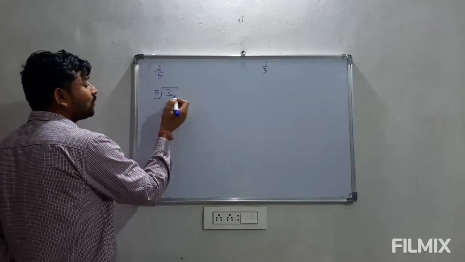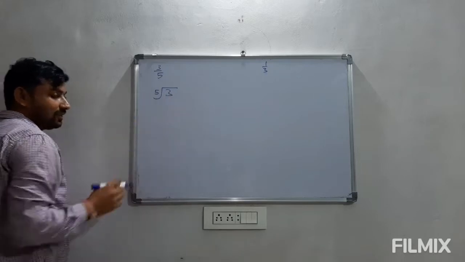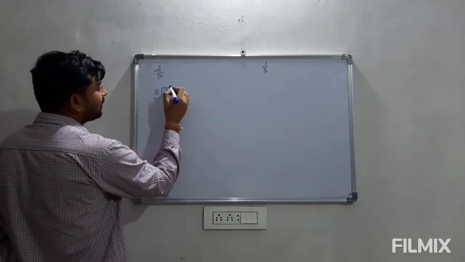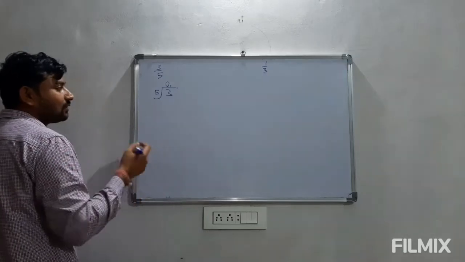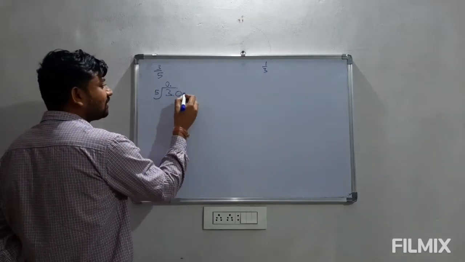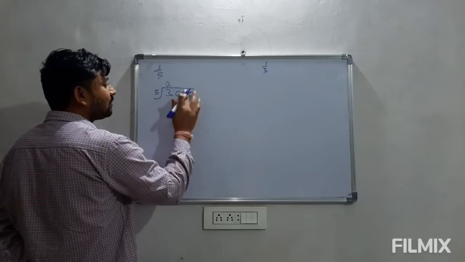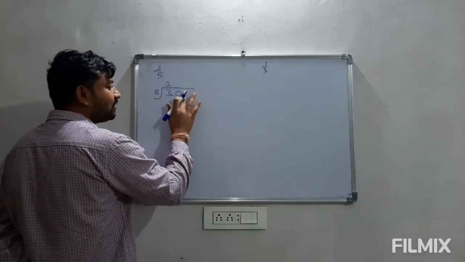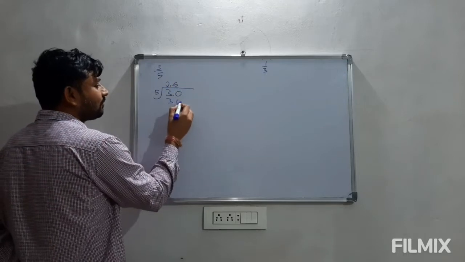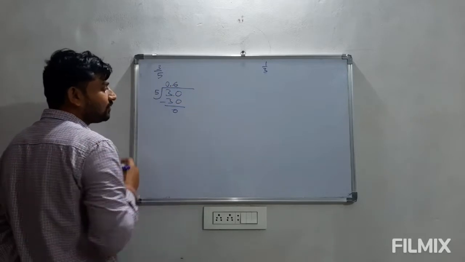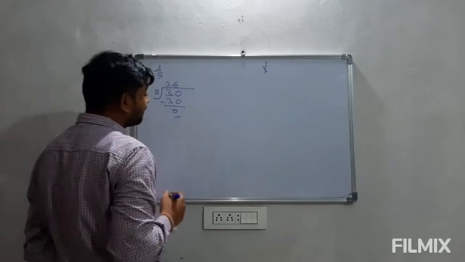If you want to divide it, 3 is less than 5, so we have to use a decimal in this. So we put 0 in the quotient and a decimal is put, so we can add as many zeros as required in the division process. Here we can simply write 5 6s are 30. So the remainder is 0. Here the remainder is 0.